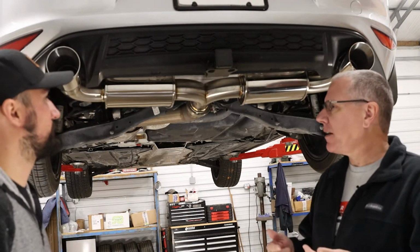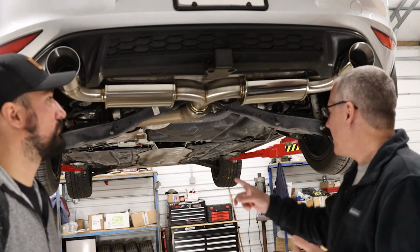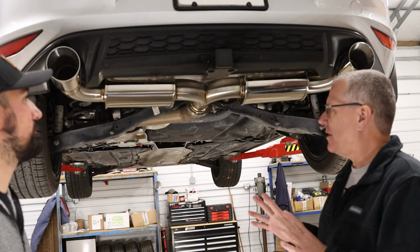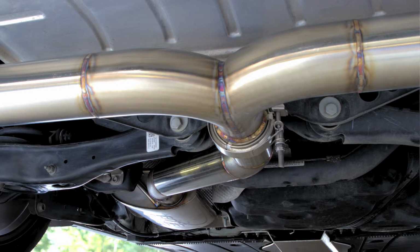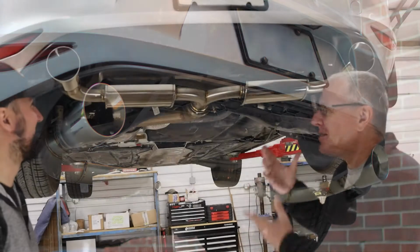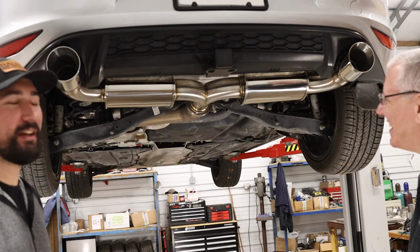But then when we came back with Diana, I remember walking over here and I said to you, if you have a solution, and only if you, because there's no way I was going to take off your beautiful work, but if you have a solution to make it quieter, I'd love to see it. And then you were like, oh, well, yeah, I have this. So go ahead. So this idea had been kind of kicking around,